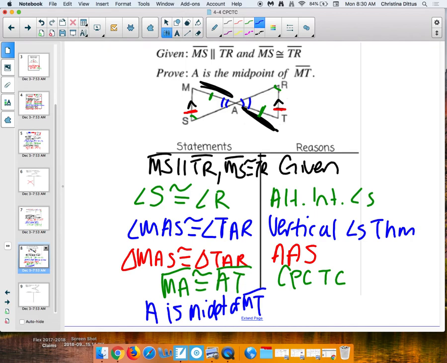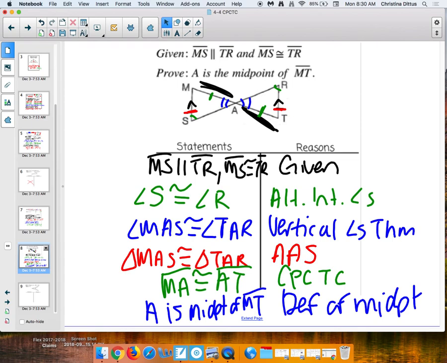Would you write A as a midpoint on your reasoning? No. What would you write? MA is congruent to AT on the reason part? Definition of midpoint. Good, Olivia. So the reason that I can work backwards is definition of midpoint. I can say my sides are congruent because of CPCTC. Then because of the definition of midpoint, I can say A is the midpoint of MT. So you can say your sides are congruent because of CPCTC, and then what it means